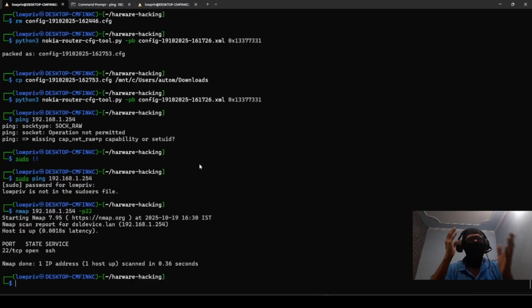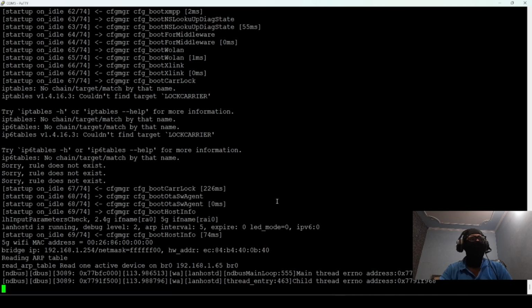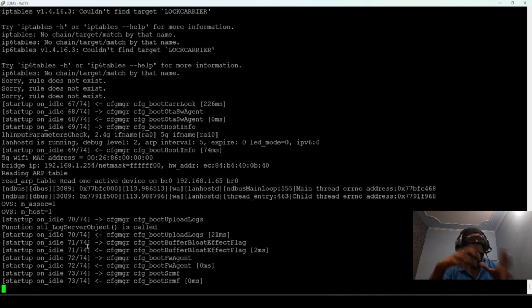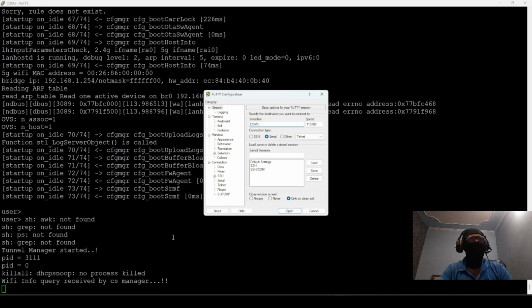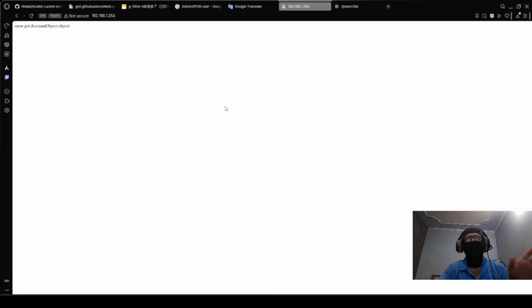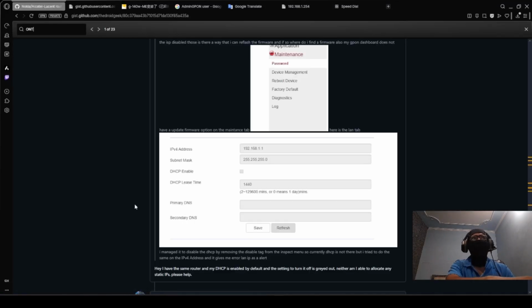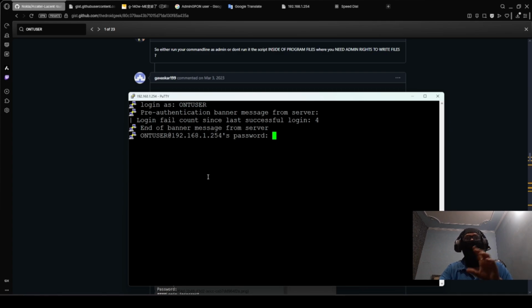It's open. SSH is open, right? Port 23 is not open yet, so it is still turning on. So router को एक बार पूरा on होने देते हैं, then we will do whatever we want to do. Let's try to get it, it is still turning on. Okay, so let's go SSH, right? 192.168.1.254. It is asking login as. So we know that the ONT user, we know कि हमने ONT user को allow किया है to not be limited anymore. So okay, it is asking for password.